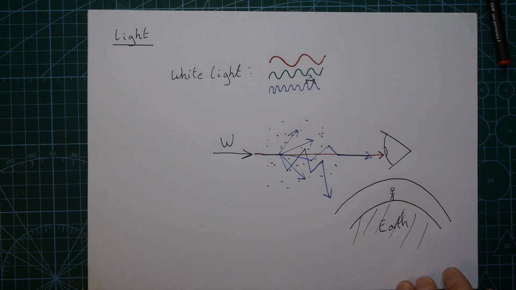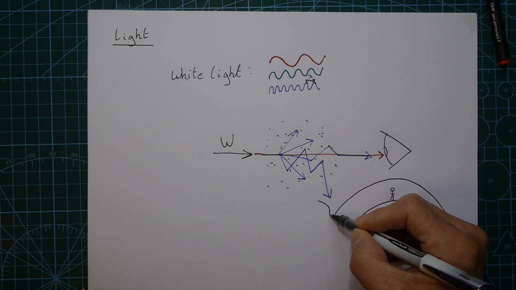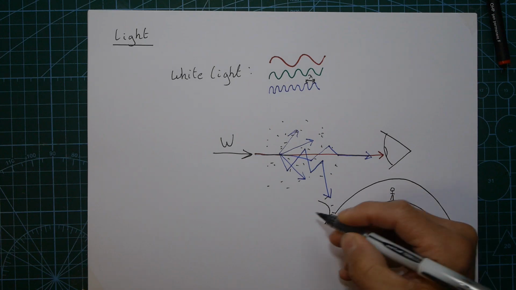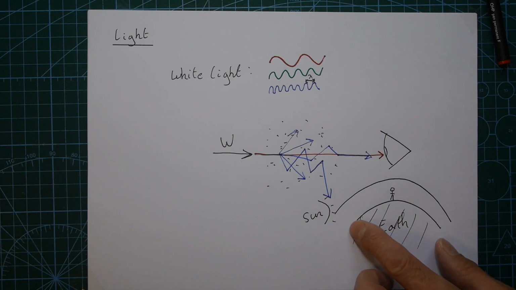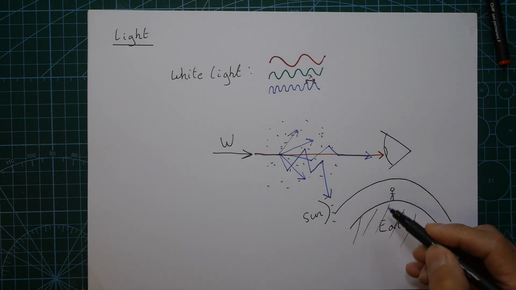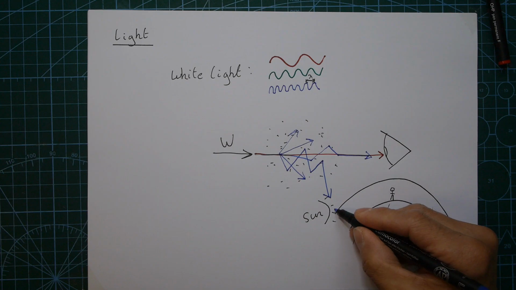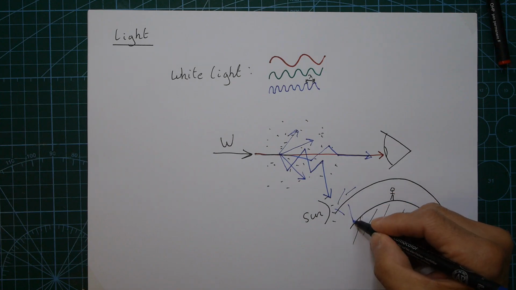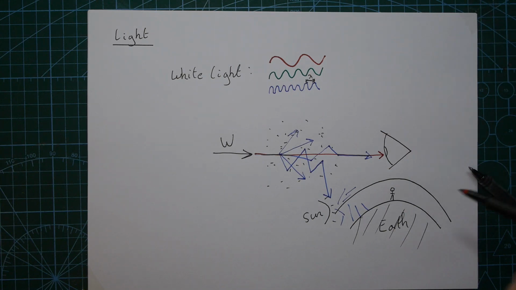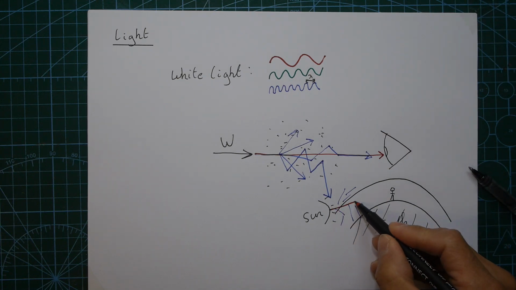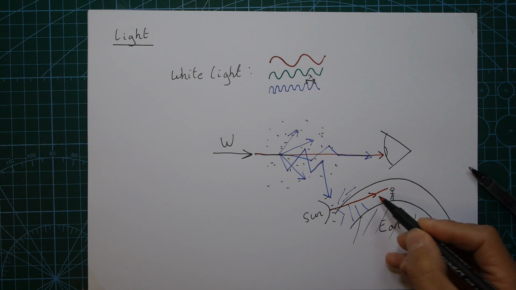However, at night, when the sun is down here, sort of low down, now what's happening, of course, is the light that's travelling through to us has had a huge distance for the blue light to scatter off in all directions, and basically nearly all of the blue is lost, and it's only the unscattered red that makes it through